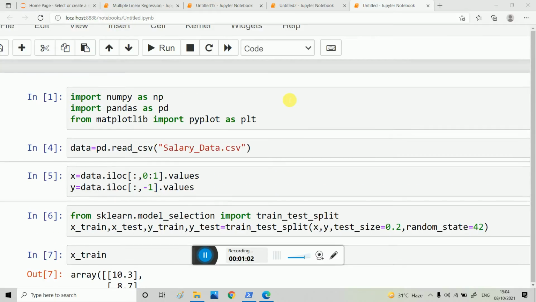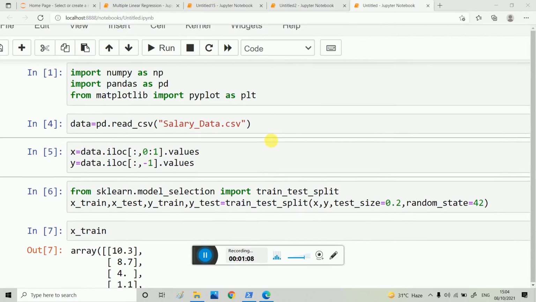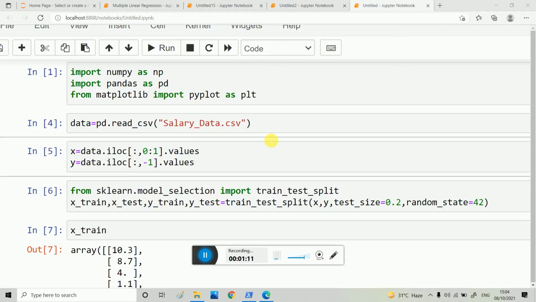So for multiple linear regression, it is the same: firstly we import all the libraries, then we import the data set we have, and then all the pre-processing part is done. After that, for the data frame we have to split into x and y, for the numpy arrays, where x is the independent variables and y is the dependent variable, that is the value. For example, in house price prediction, you get a data set on kaggle.com, so you can find the price of the house. So x is the numpy array of all the features, and y is the value of that.